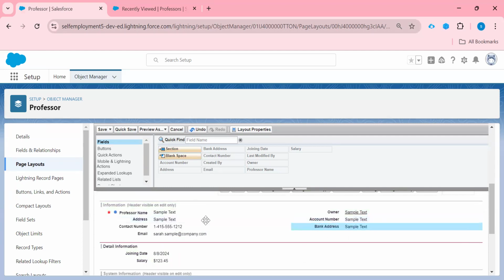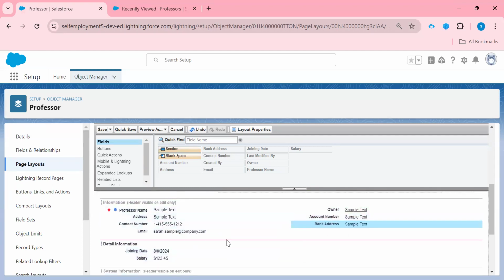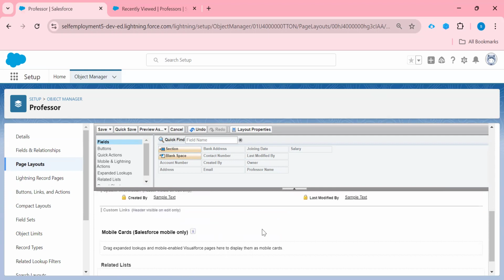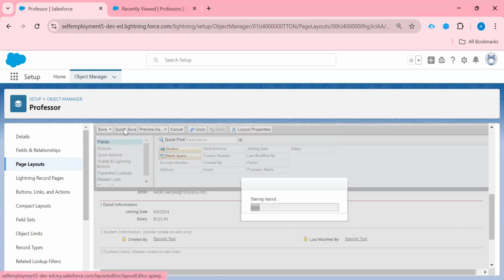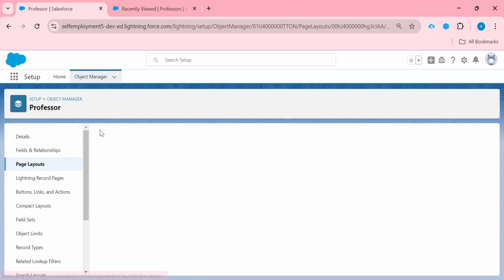Right? So in this way, you can design your own page layout as per your requirement. After making a change, you can click on quick save or you can click on save.